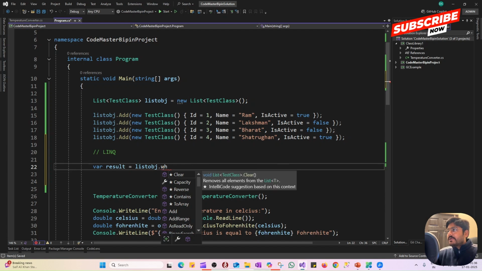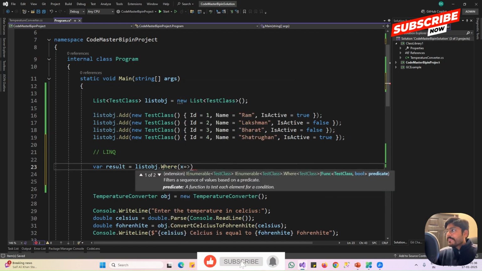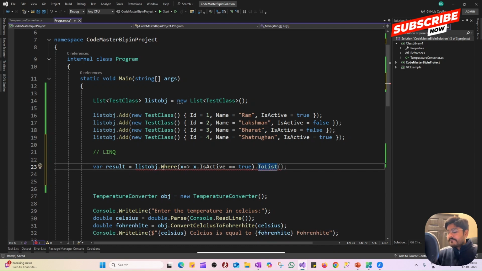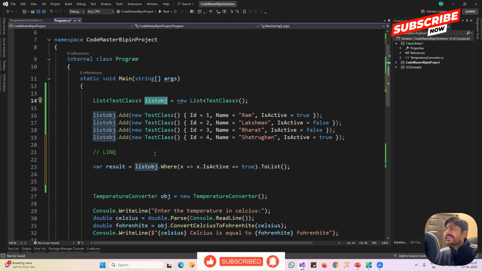Okay, so if I write where, in the where condition I can write x, then the arrow, x dot is active double equal to true, dot to list. So that is how you can filter or query this particular list, or any kind of collection. I'll tell you so many things in the coming videos,